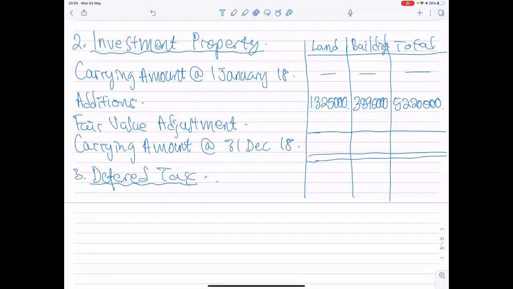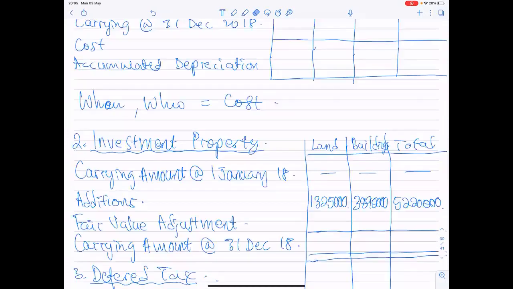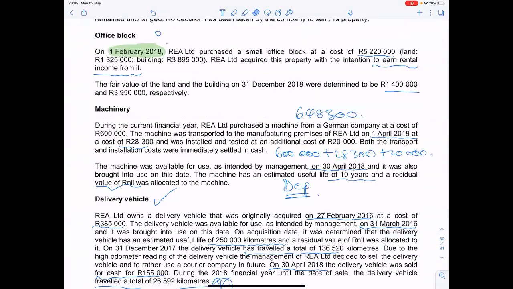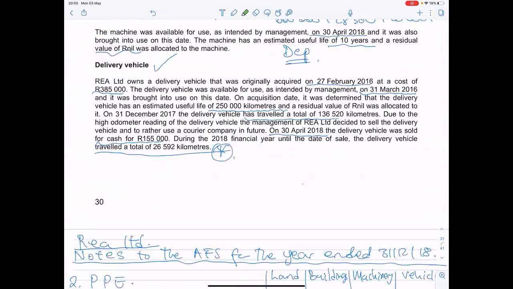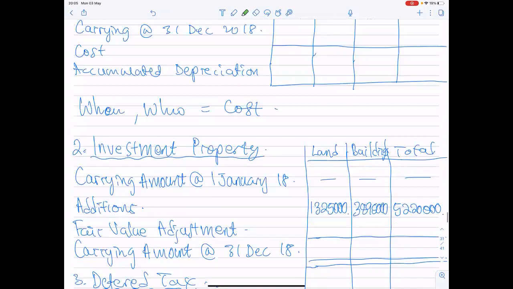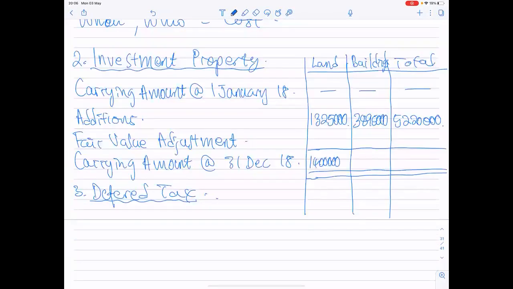Remember they said the policy of the entity is to show the investment property at fair value. So the fair value of our investment property, the land was 1.4 on 31 December, and the buildings was 3,950. So I put my 1.4 and 3,950. Then 1.4 plus 3,950 will give us 5,350